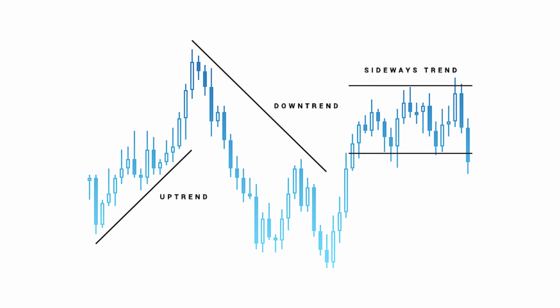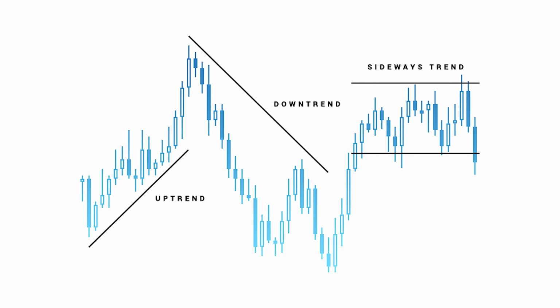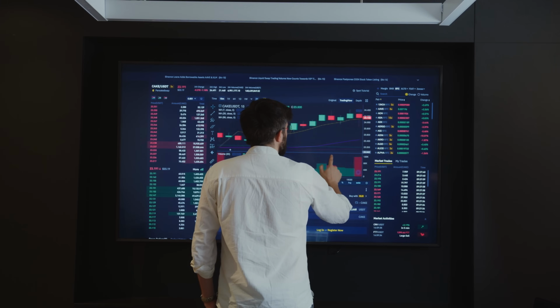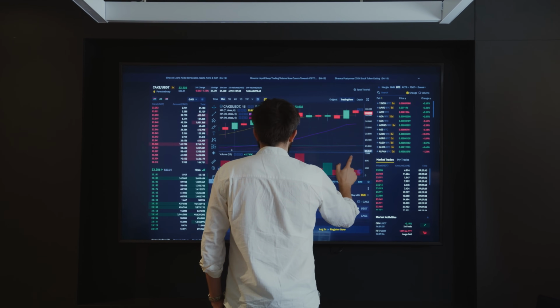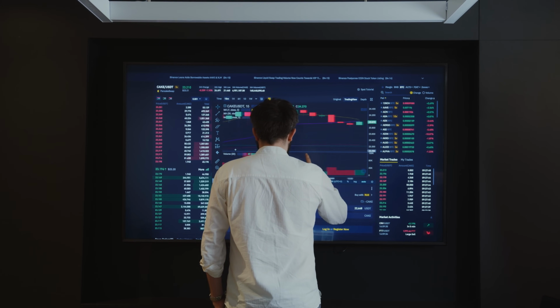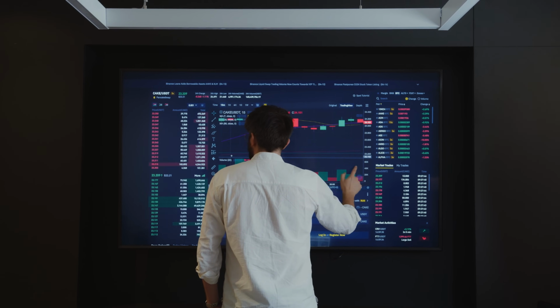A trend can either be an uptrend or a downtrend or a sideways trend. If they see that prices tend to move upwards and they notice a trend, they would find the lowest point on this uptrend to buy and the highest point to sell throughout that trend. This is in order to figure out the entry point and the exit point.